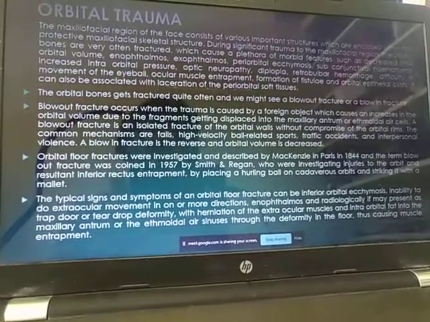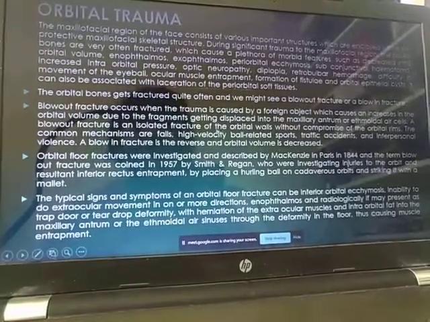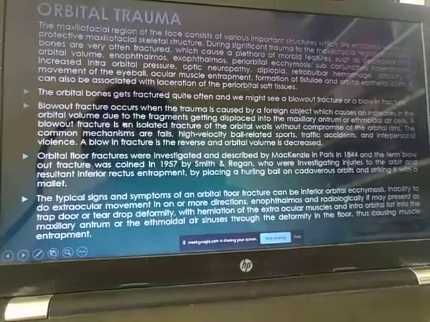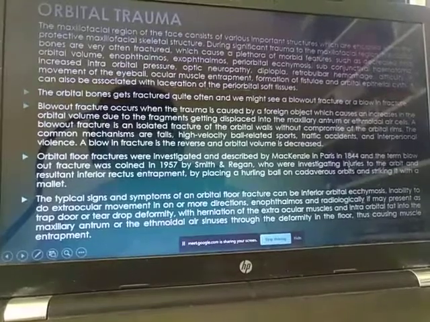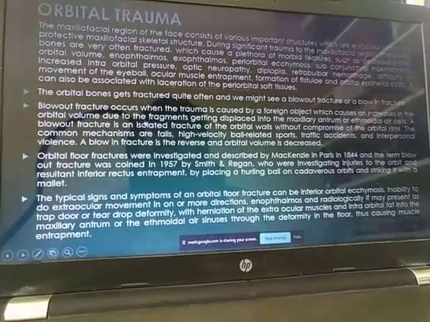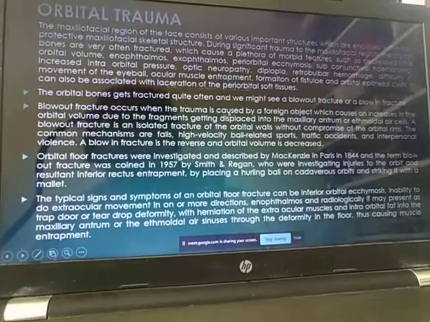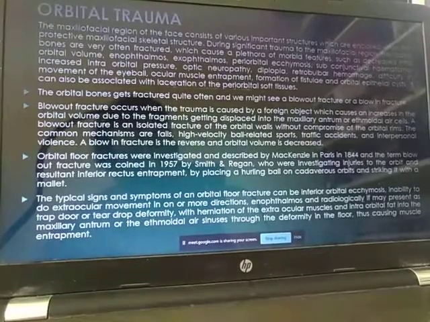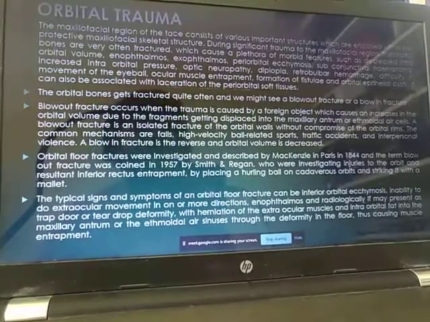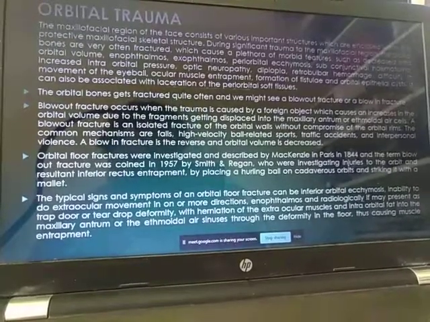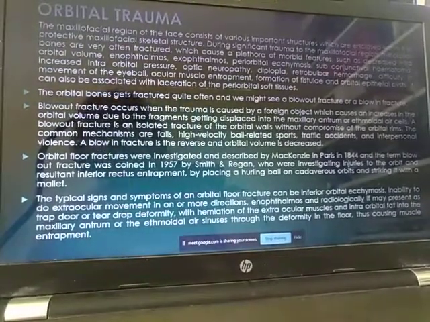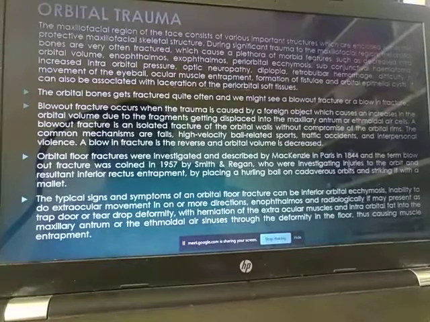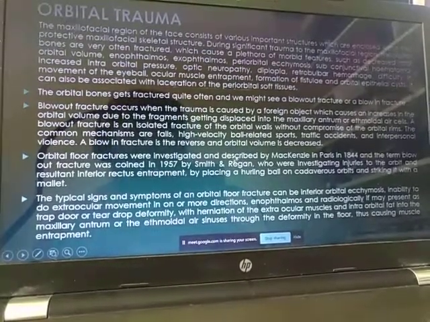So in a blowout fracture, generally there will be enophthalmos, because the orbital volume will increase, because there will be release of the bones in the form of either a trapdoor or an open door, which is also known as a bomb bay deformity, and the eyeball will herniate into the maxillary antrum. So the eyeball or the associated structures may herniate into the maxillary antrum so as to release some of the pressure. And in case of blow-in fracture, it is the opposite.